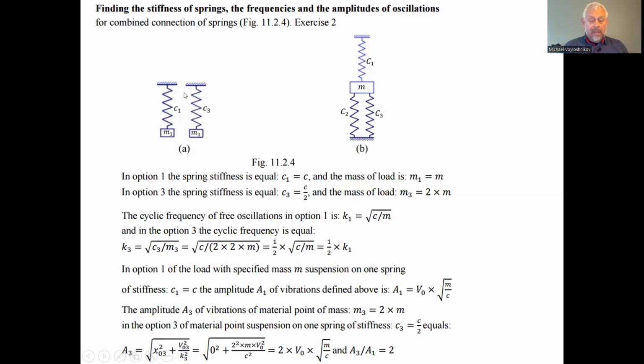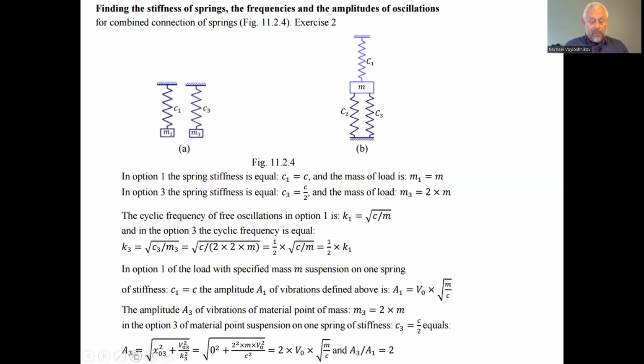And if we consider for case 3 that the mass is twice the mass in the first option, and that the stiffness of the spring is twice less, we introduce all this in the equation here, and we will have that